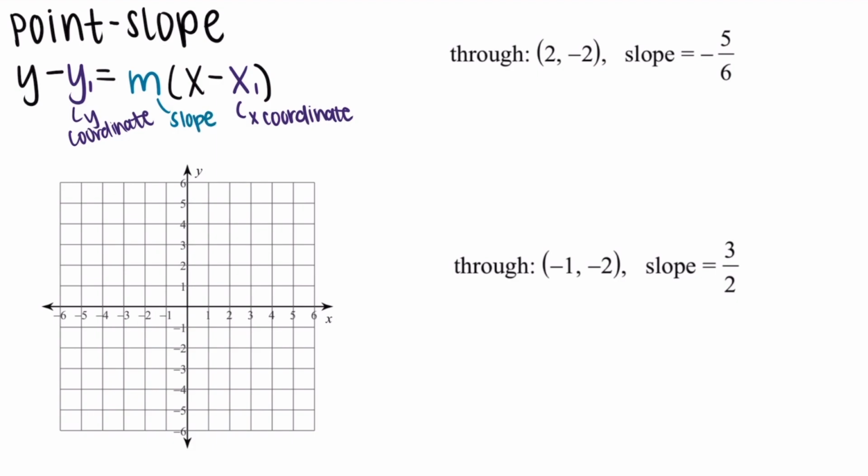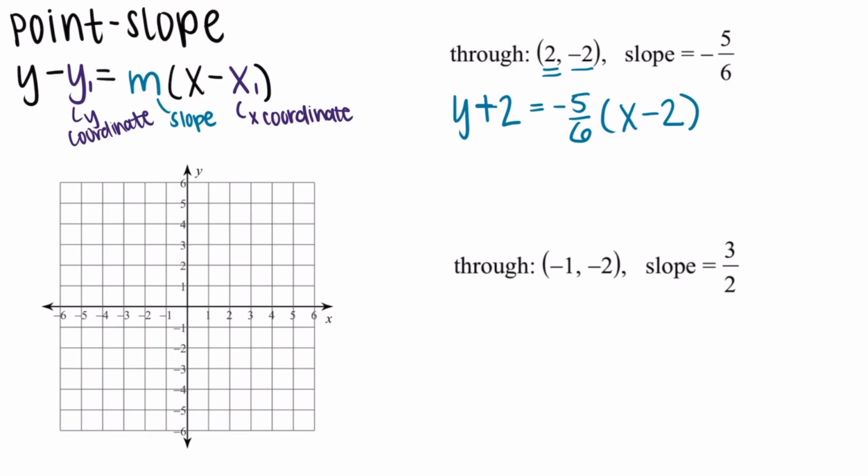And then again, use that slope to find any of the following points, which remember your slope is your rise over run. So once you have your first coordinate, you can just use that to find any following coordinates. Looking at our examples here, they want us to come up with the equation given this information. So it's y minus, and since our y is a -2, minus a negative is going to become +2. Then we have our slope being multiplied onto x minus our x coordinate, which is a +2, so it's going to stay -2. Looking at our second example, we're going to do the same thing,